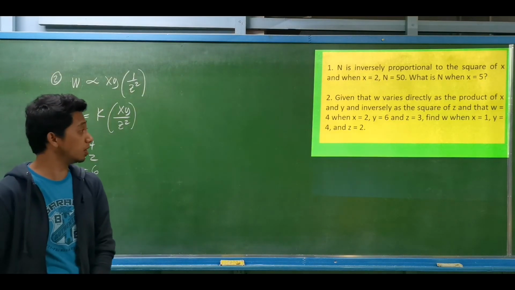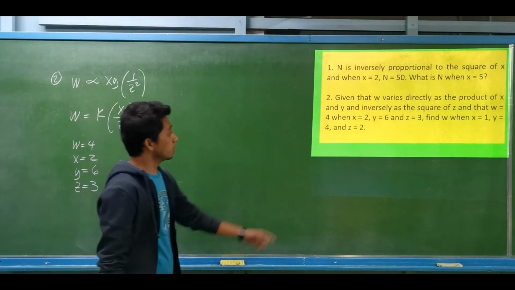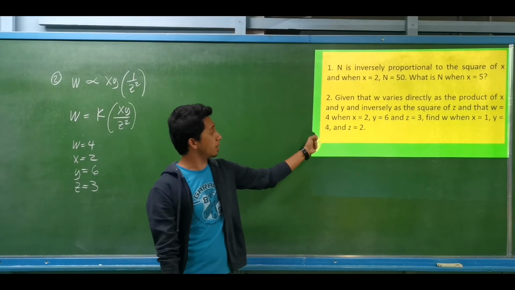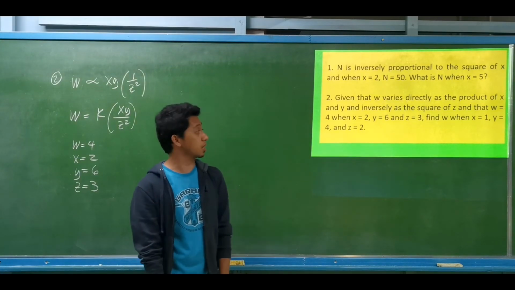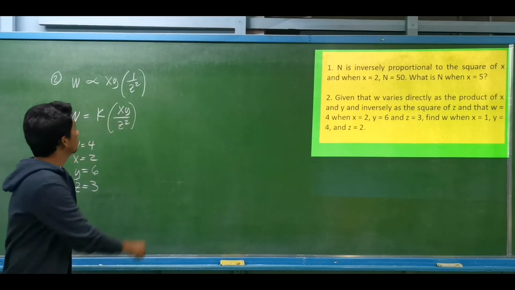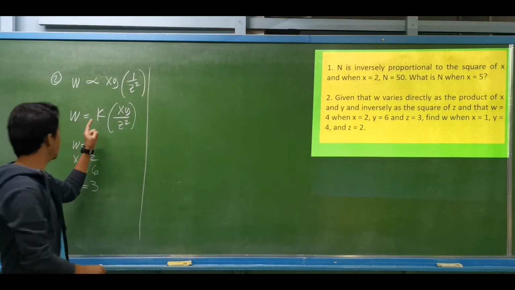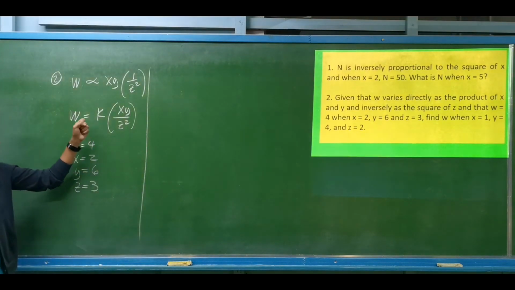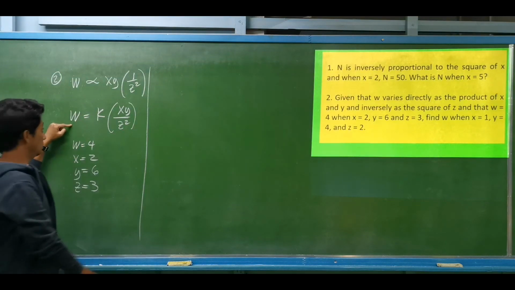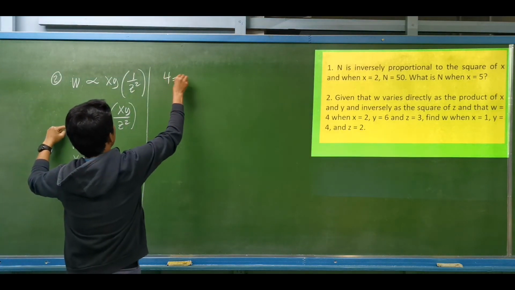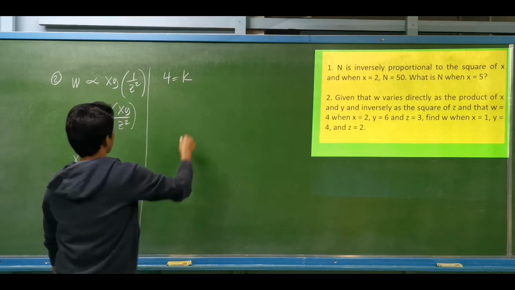So we have w is equal to 4 when x is equal to 2, y is equal to 6, and z is equal to 3. So now we can compute the value of the proportionality constant. We have 4 equal to the proportionality constant